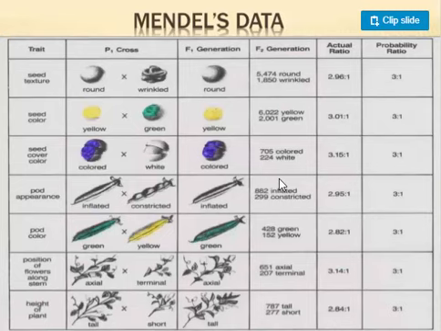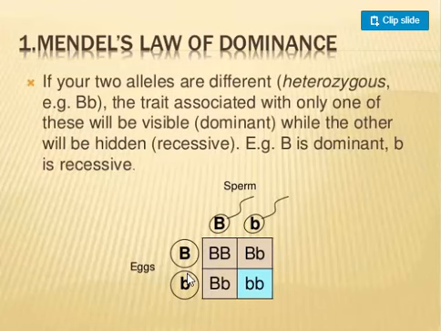Again, Mendel started with the flower color. He crossed purple and white flowers. In the first generation, he only got purple colors. And then he crossed the purple flowers that resulted from the first generation, which actually had purple and white parents. When he did this, he got mixed purple and white flowers. He got 75% purple flowers and 25% white flowers.